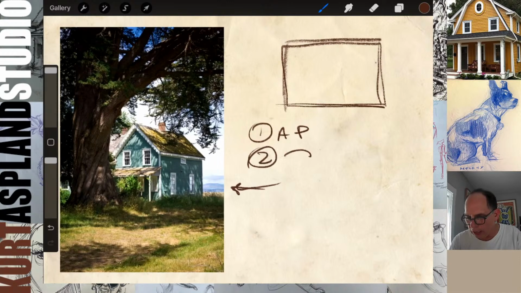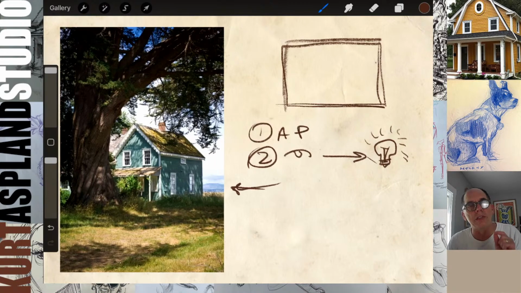Number two: your eye is always drawn to the light. Your eye always goes toward the light. So we want to keep that in mind because we're going to use that to help tell our story. For example, in this picture here, your eye really is drawn toward, let me just make sure, yep. It's going to be,